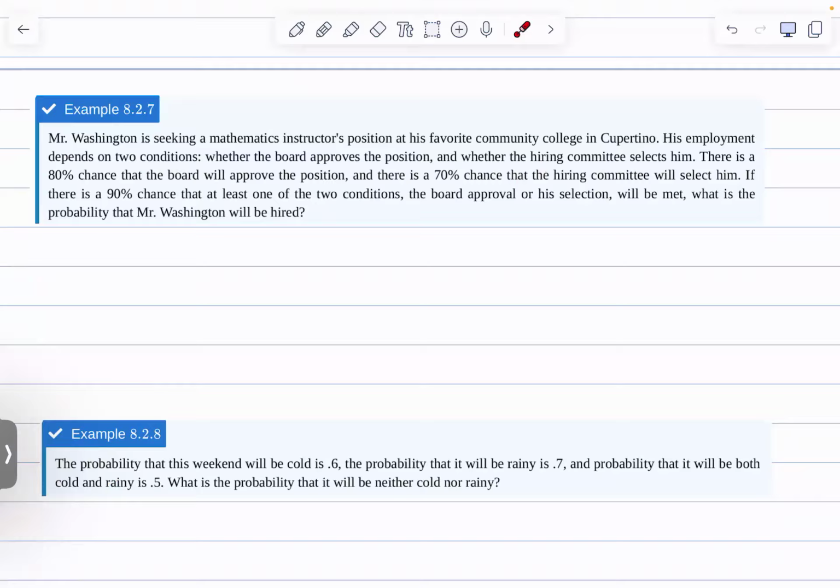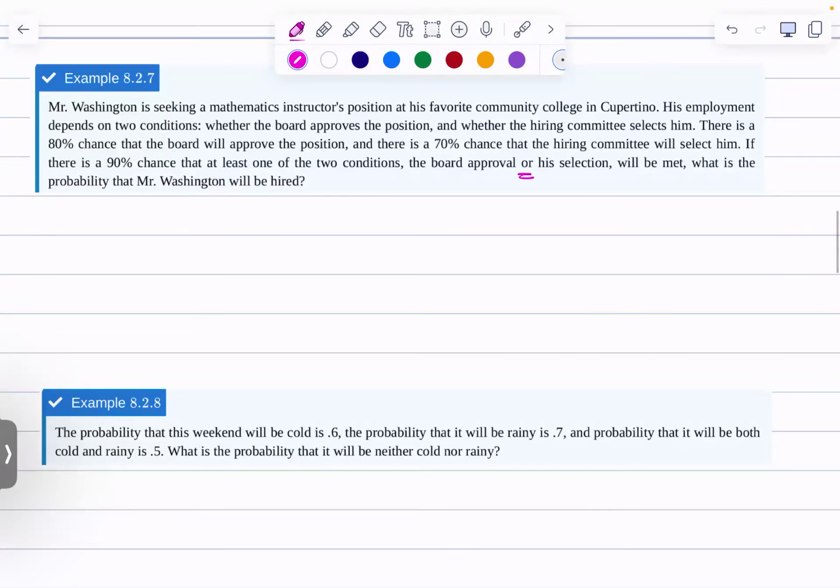There is an 80% chance that the board will approve the position, and there's a 70% chance that the hiring committee will select him. If there's a 90% chance that at least one of the two conditions, the board approval or his selection, I'm going to highlight or underline this "or", will be met, what's the probability that Mr. Washington will be hired? So, what we want to do